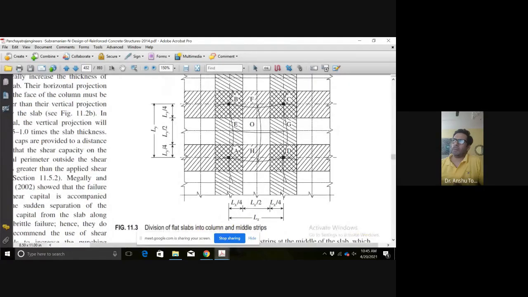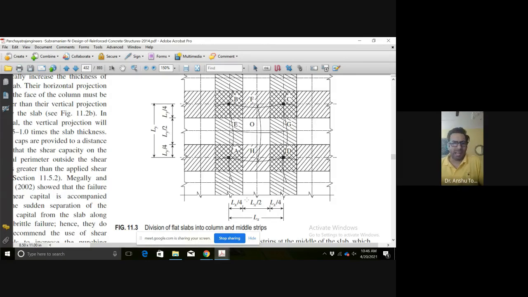This is your column. It can simply be proportioned like that. That is, you can keep whatever span is there. Let us say L is the span. So it can simply be 0.5 into the span. If your central span is 0.5, then if you halve it, it will be 0.25 plus 0.25. And similar is the case here, where you take L by 4, that is 0.25. It is also coming out to be 0.25.